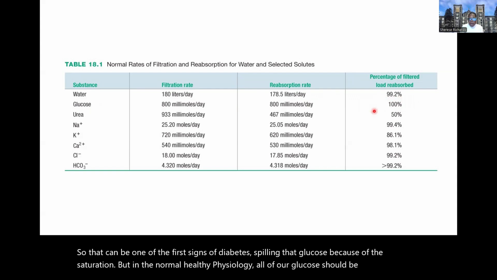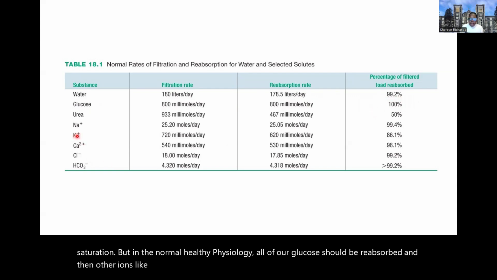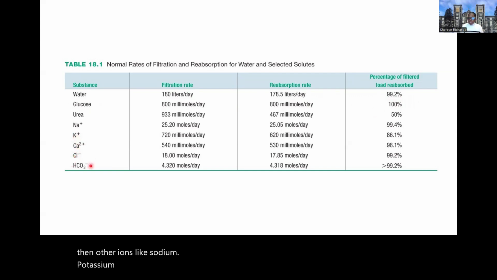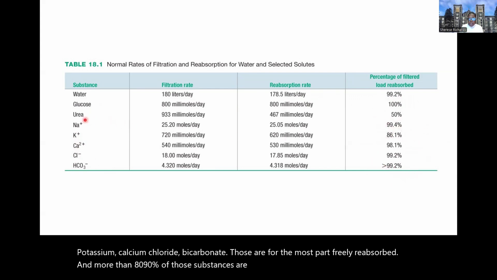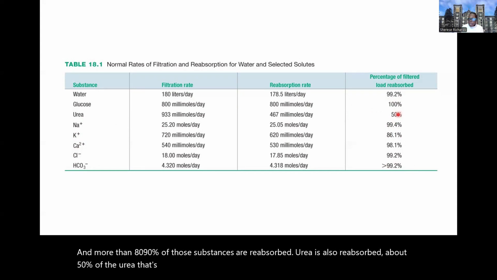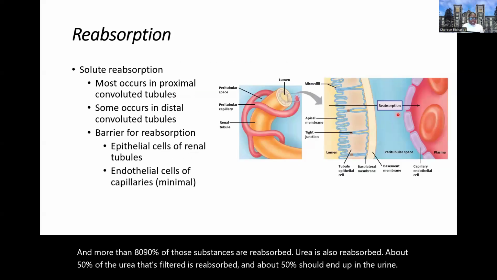And then other ions like sodium, potassium, calcium, chloride, bicarbonate, those are for the most part freely reabsorbed. And more than 80, 90% of those substances are reabsorbed. Urea is also reabsorbed. About 50% of the urea that's filtered is reabsorbed, and about 50% should end up in the urine. Let's look